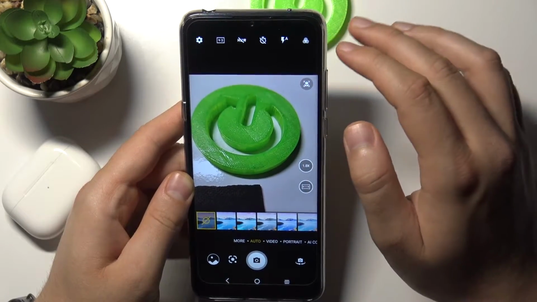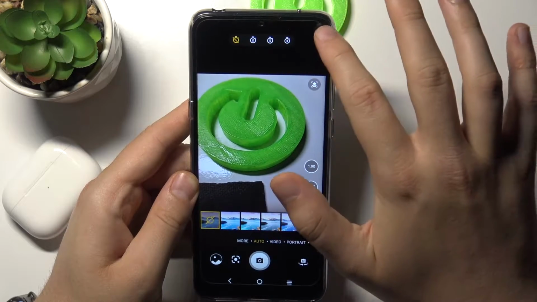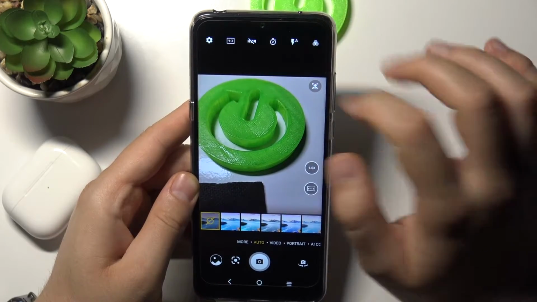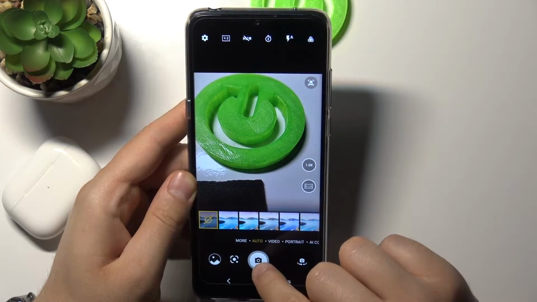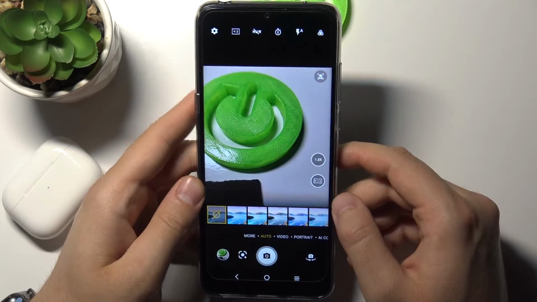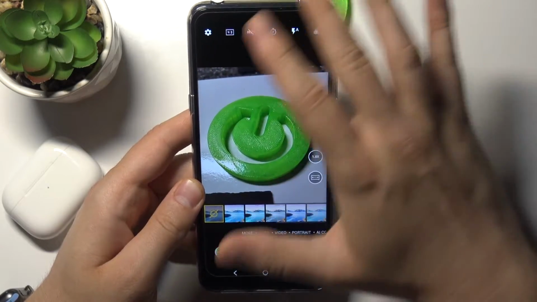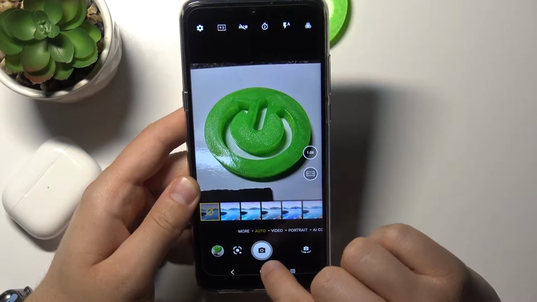And also we can enable the timer. When you tap right here, you can set it up for 2, 5 or 8 seconds. For example, let's choose 2 seconds, click on the shutter, and after 2 seconds the photo will be taken. So very useful feature. And also when you're in the standard photo mode, we got quick access to the Google